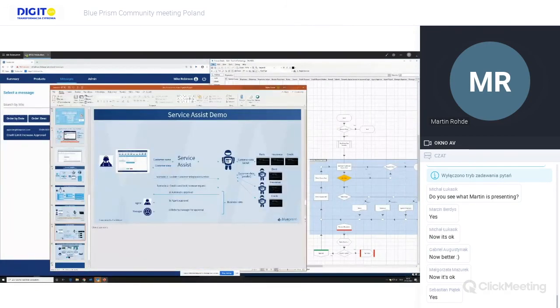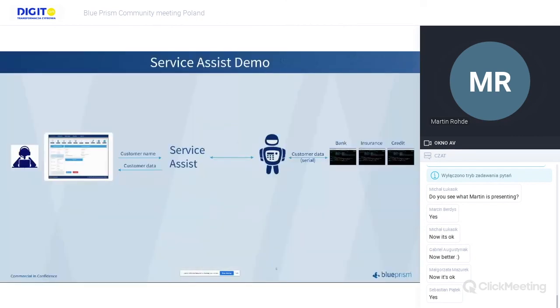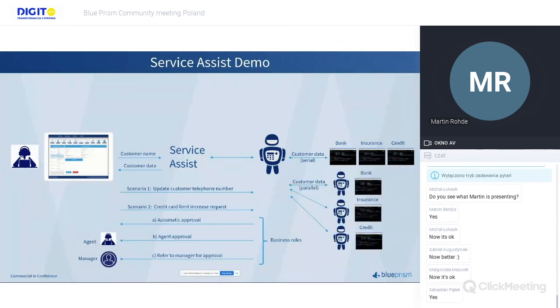But what's very important, and this is something where Service Assist is so unique, we have seen this working serially on, in this case, 3 different applications or backends, in this case, 3 different access pages. But for the call center, it's very important to have this high performance. So for the people, every second counts. And this means we are able to have a parallel mode also. So it could be possible that we have what we call a master digital worker, and this master digital worker can work with